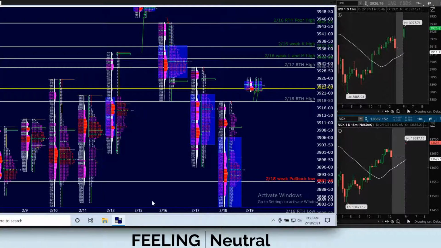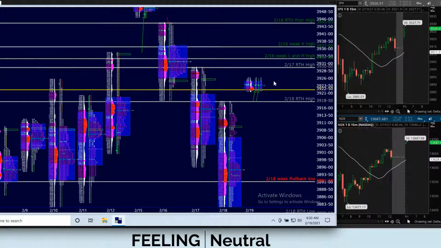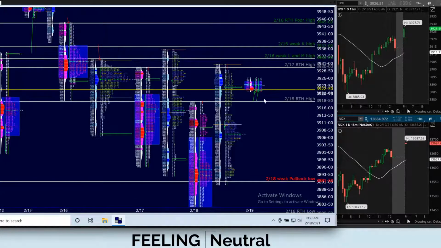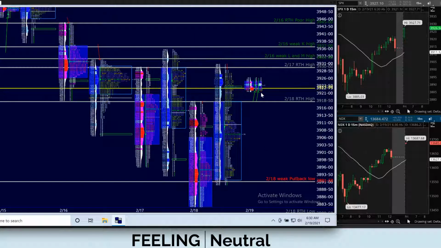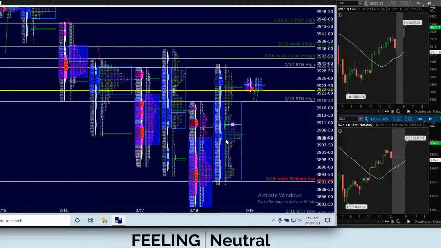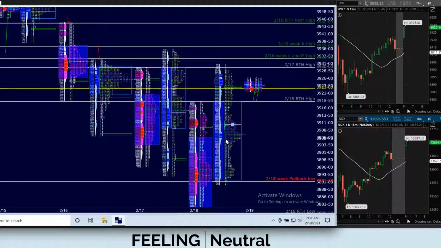But I will say that Jim Dalton teaches that most of the time on options expiry Fridays, the market doesn't do a lot of volatility. It doesn't move very far. So it might just grind up and down within a certain range all day long. But like I said that last time, and then the exact opposite happened. So I'm cautious and ever aware that markets are random and anything can happen. Okay.